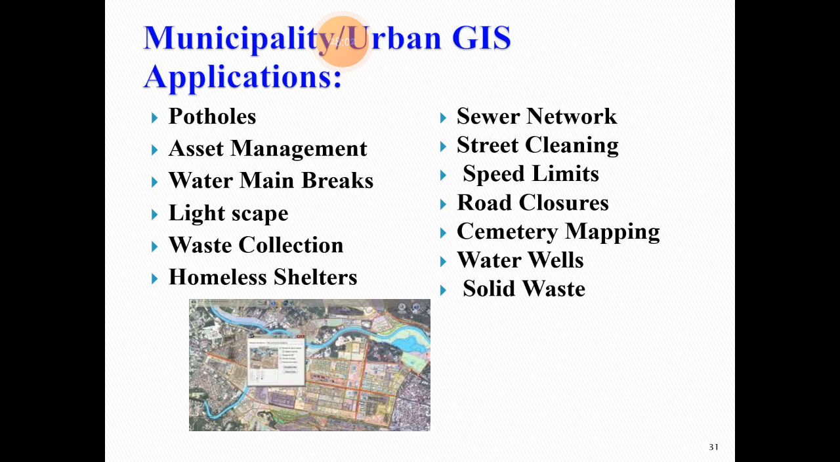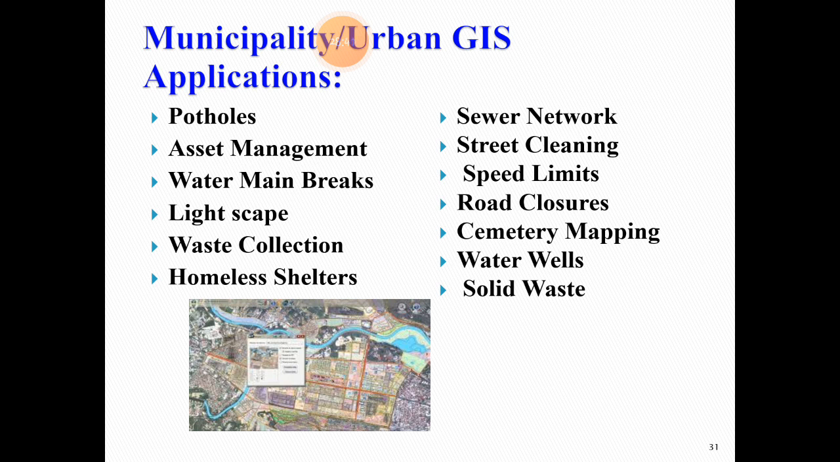GIS is also used in the municipality or urban fields. It is used to map and report potholes of roadways, report infrastructure defects in assets, especially during alarm situations, alarming the public during the time of repair works, to know where exactly the water breaks are, then to light up the bridges at remote areas, then defining the areas of waste collection and rendering the services there, then collection of